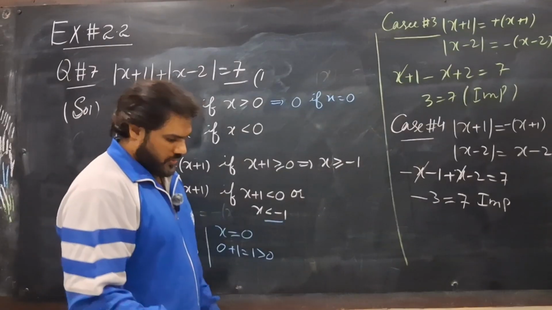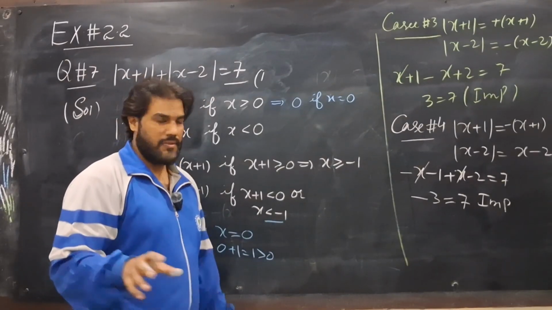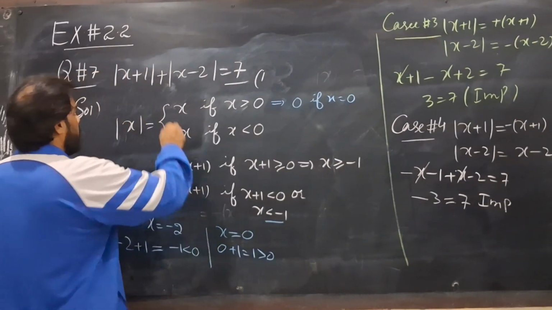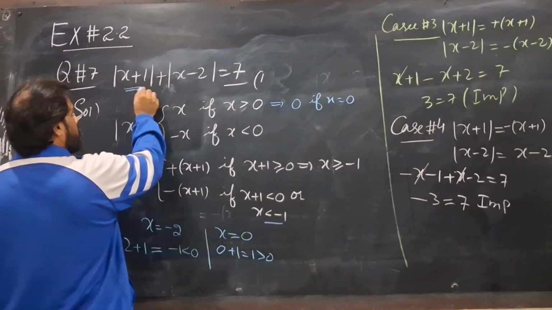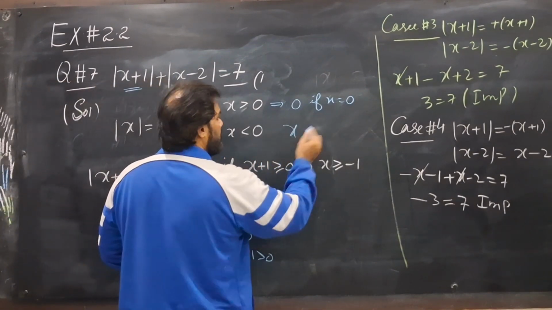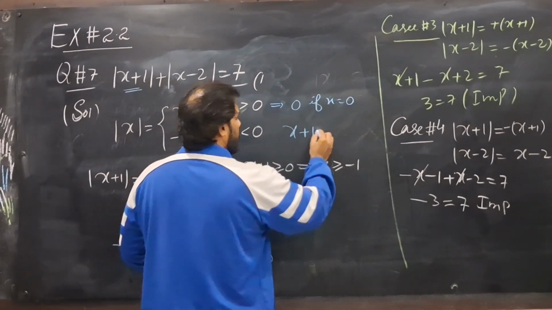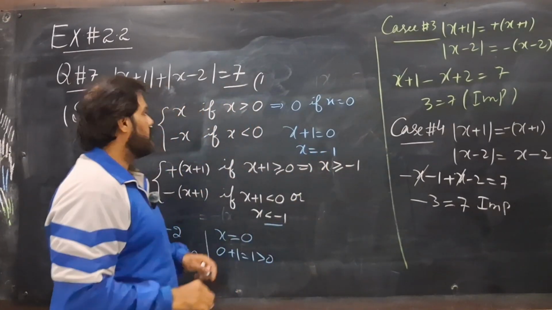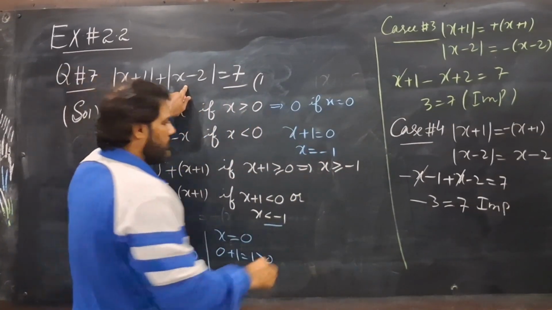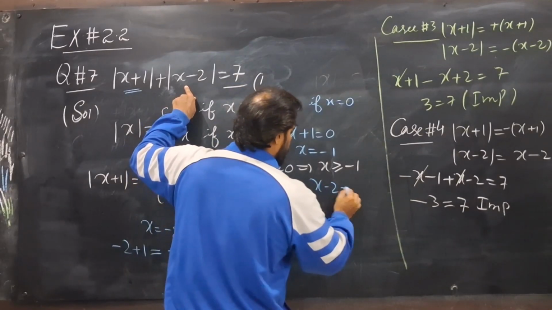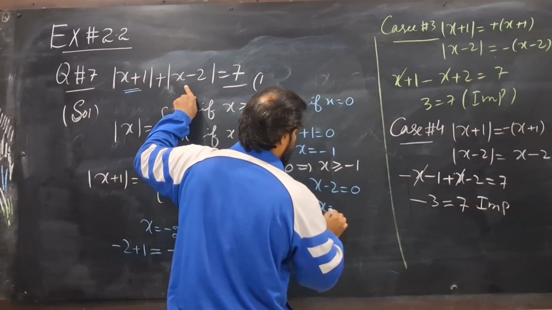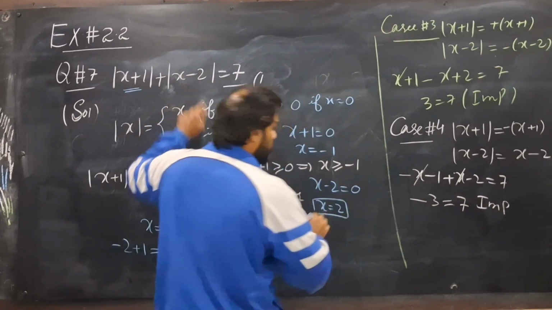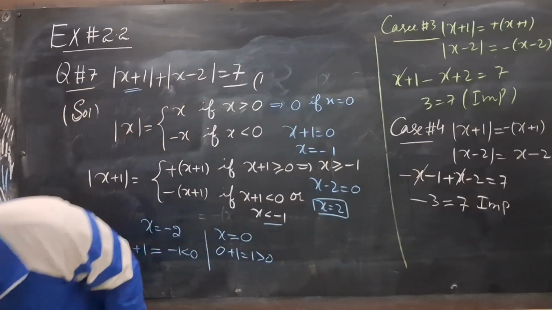In more simple words, if I ask, if you put x plus 1 equal to 0, then what is the value of x? The value of x is equal to minus 1 here. Similarly, if you put x minus 2 equal to 0, what is the value of x? The value of x is equal to 2. So we can say that